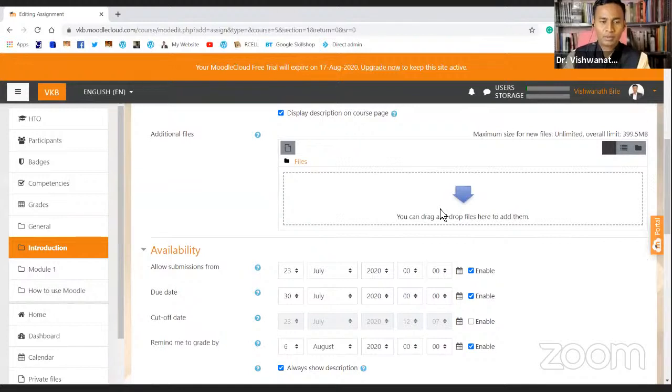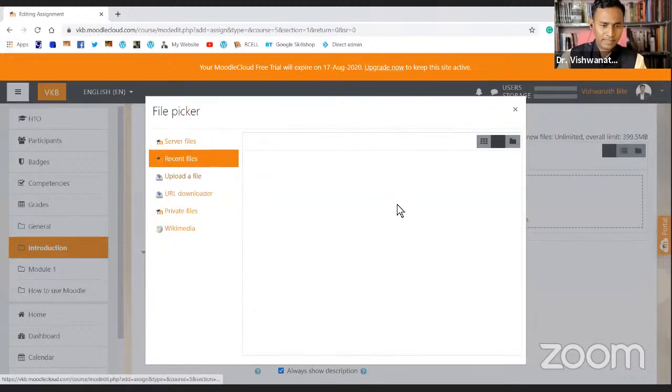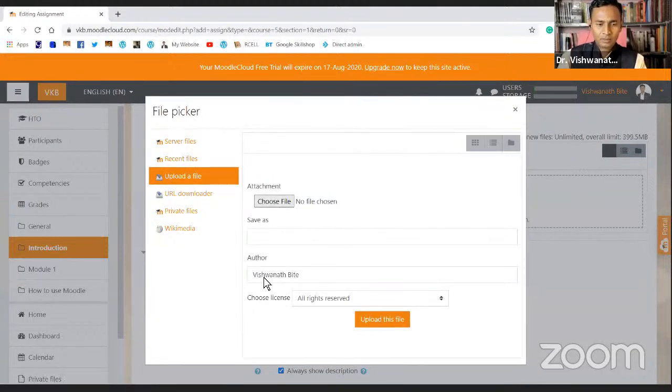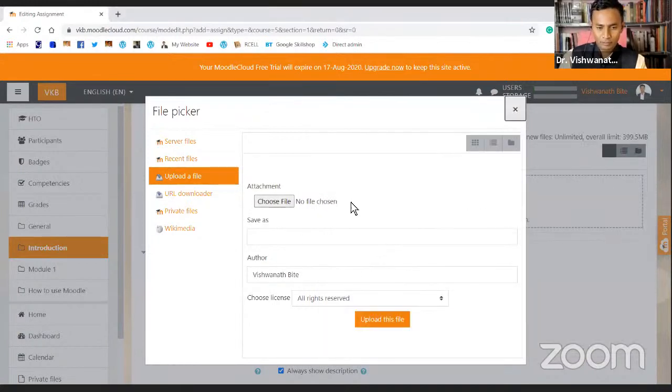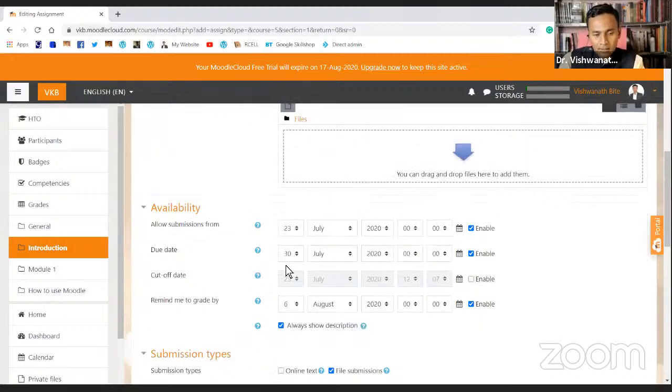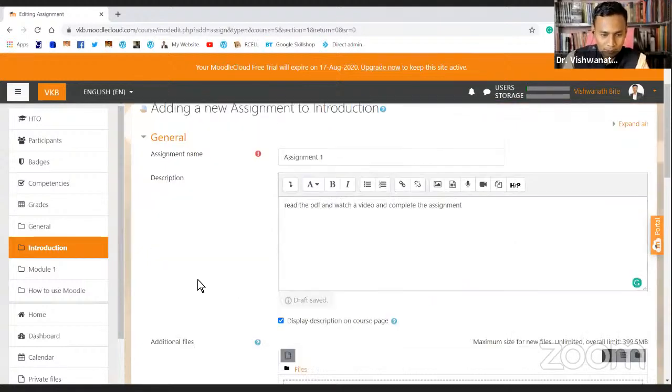If you want to upload some additional file, you can do that, that PDF or video, whatever you wanted to share with them. You can just click on the site, upload file, or choose any file that is already in there. So I'm not going to upload any file right now because you got the idea. We can upload file from here. And since this is assignment, and a while ago I talked about this, we can customize all the assignments and we can make assignments for the better things, and that's what I'm going to talk about here.